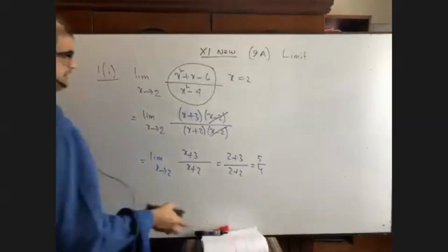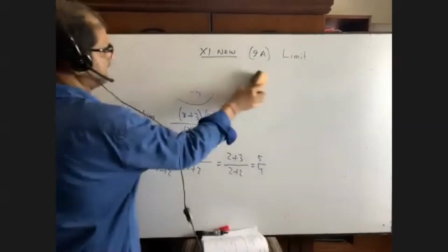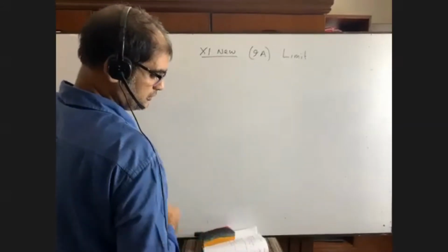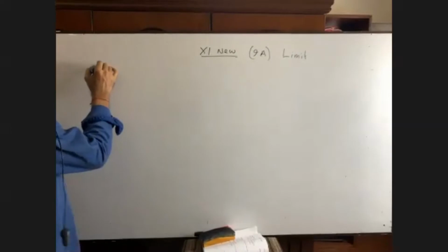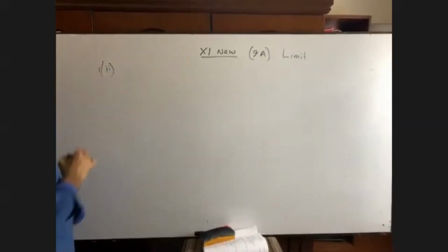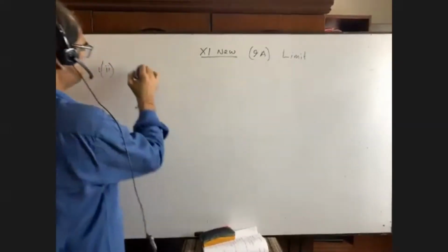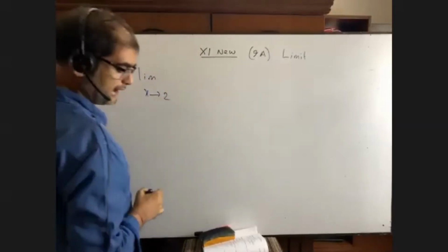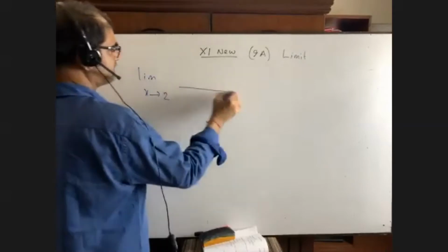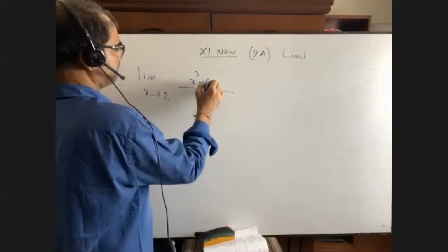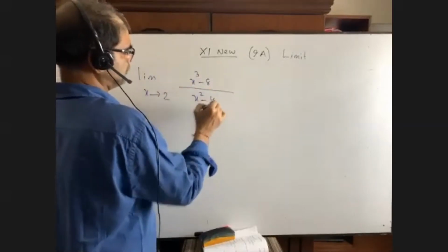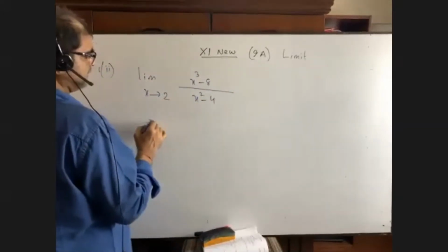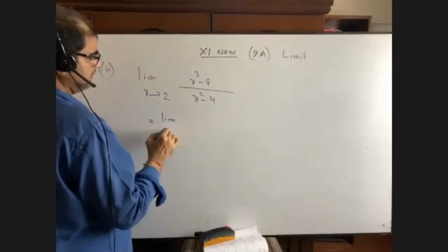So this is really very, very easy maths for your time. You see what the other maths I'm going to show to you. Suppose number 2: limit x tends to 2 of (x cube minus 8) by (x square minus 4). What will you do? You cannot put 2 here, then you will get undefined. So you have to carry on.